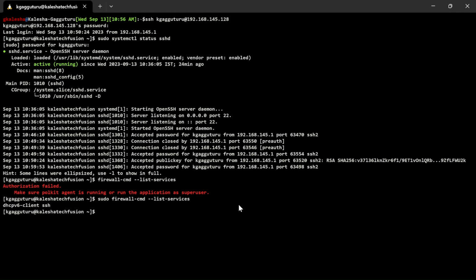So these are the basic things you need to check. One is that the SSH service should be running, and the other is that the service is allowed inside your destination machine to accept SSH connections. Right now I have connected using my username and password to the destination machine, and there is another way to securely connect to your machine using an SSH key pair,